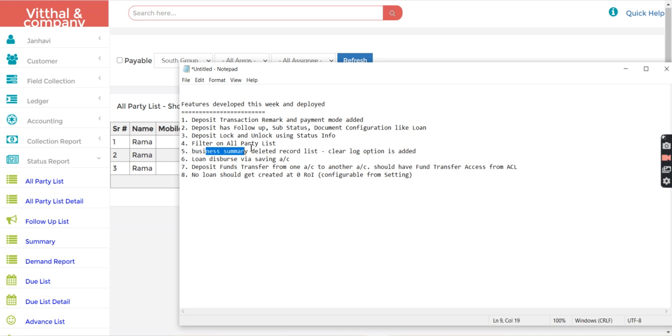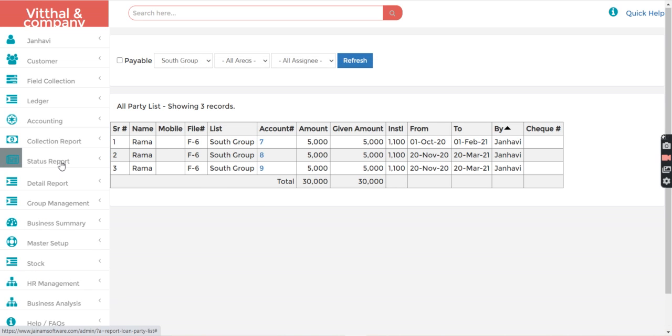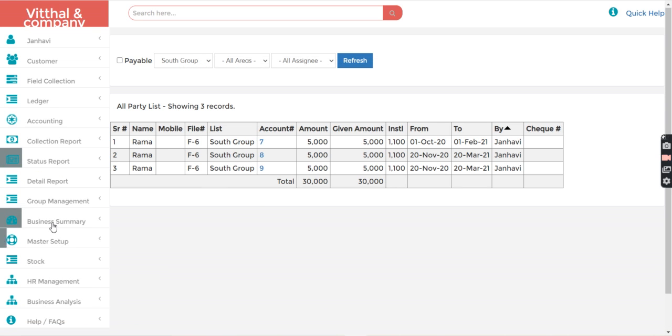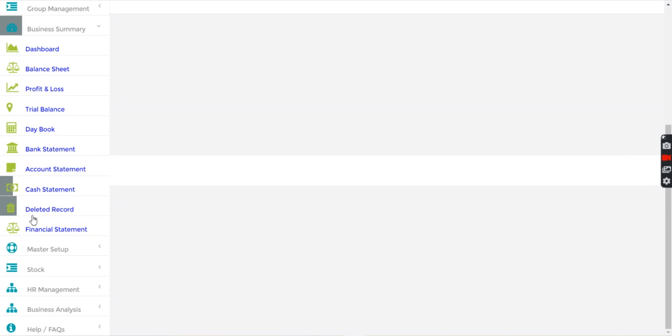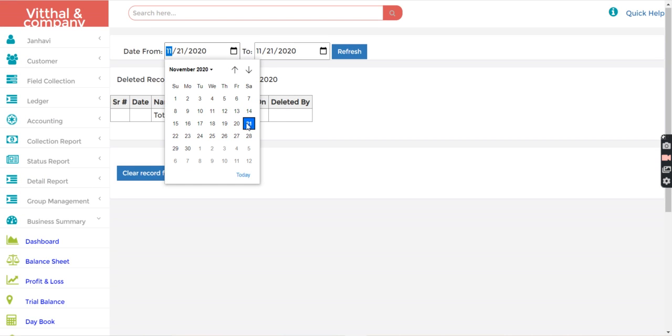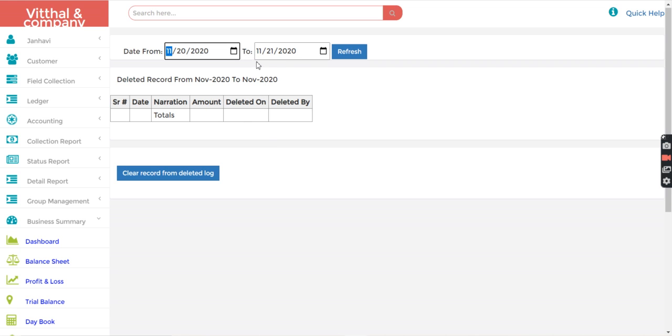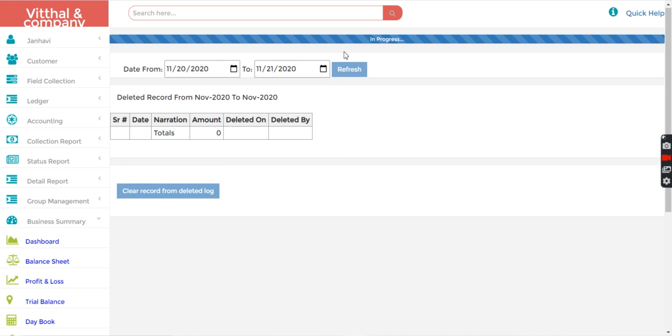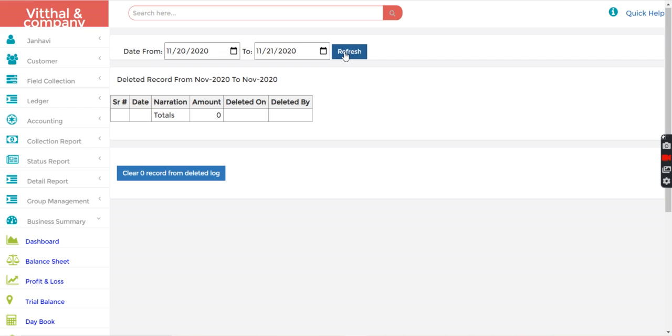Then in business summary, added delete record list clear log option. So let's go to the business summary and deleted records. So from here, for let's say 20th November to 21st, I will just refresh.